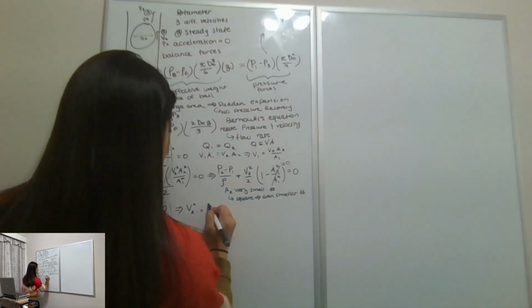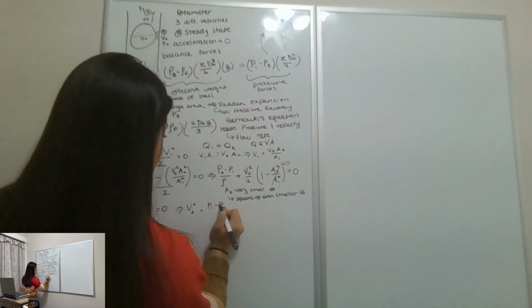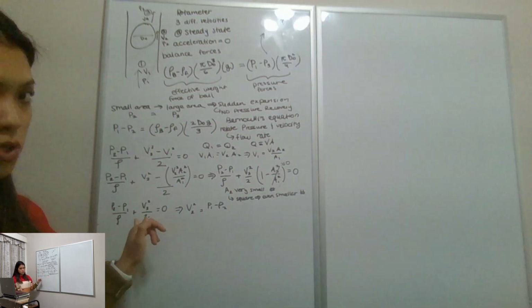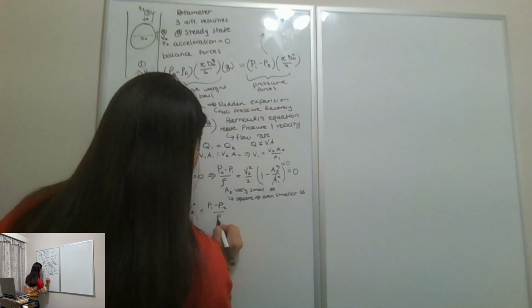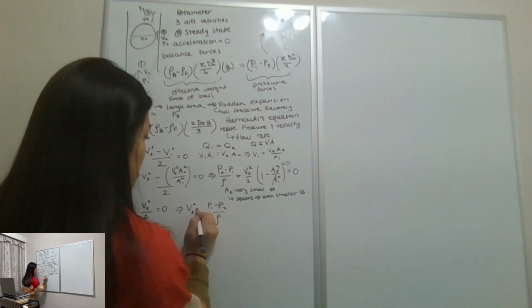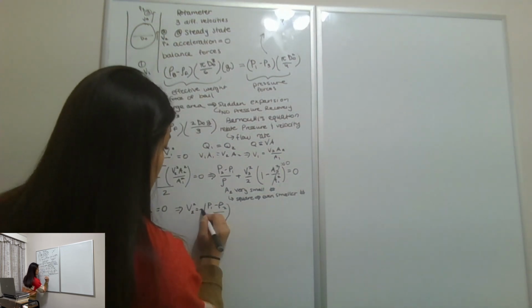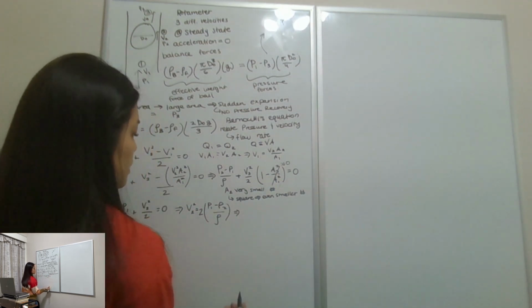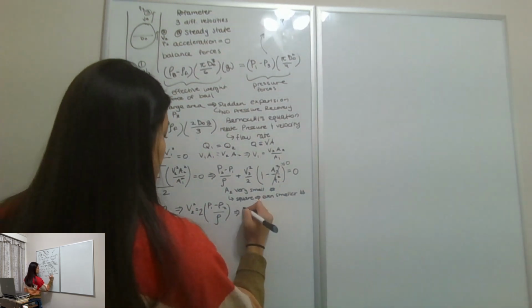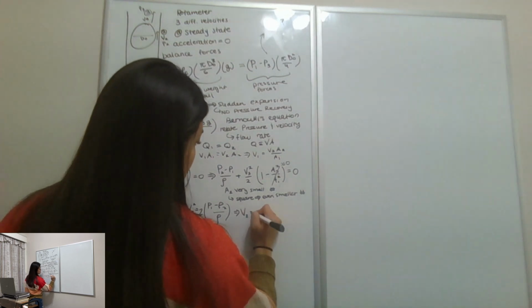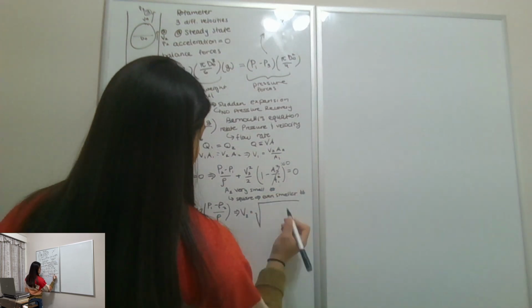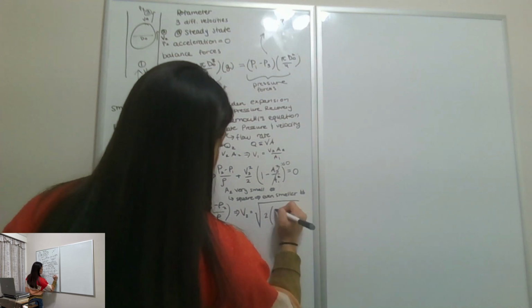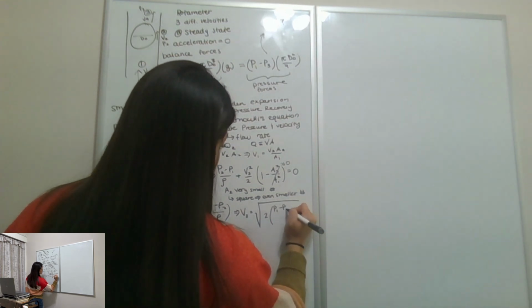So it'll be pressure at position 1 minus pressure at position 2 instead of pressure at position 2 minus pressure at position 1, divided by the density. And then we'll multiply this entire quantity by 2. And so we still have that squared, so we're going to take the square root of the entire term. So velocity at position 2 is equal to the square root of 2 times the quantity of pressure at position 1 minus pressure at position 2